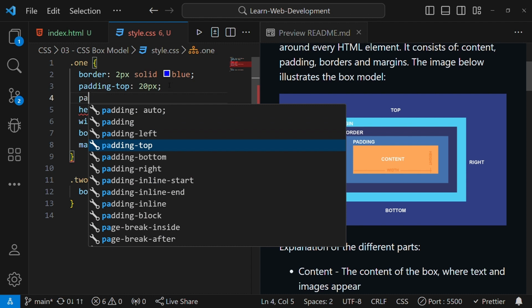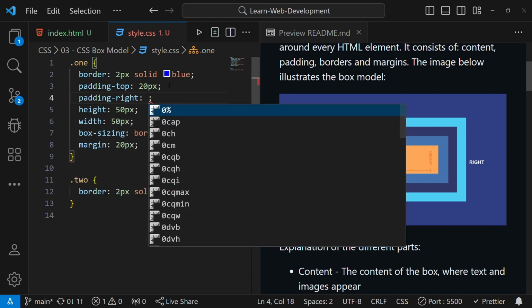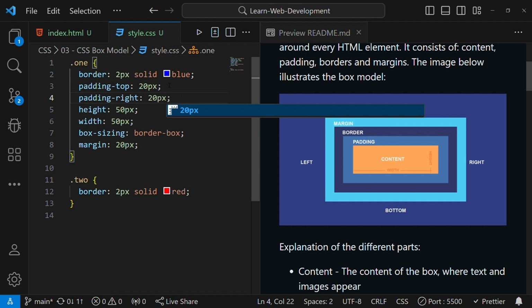No, that's padding top, padding right. Next is padding right, 20 pixels. So if I put padding top 20 pixels, padding right 20 pixels, the padding will be top and right. If I want to put the padding on both sides, I can just put padding top, padding right, then padding